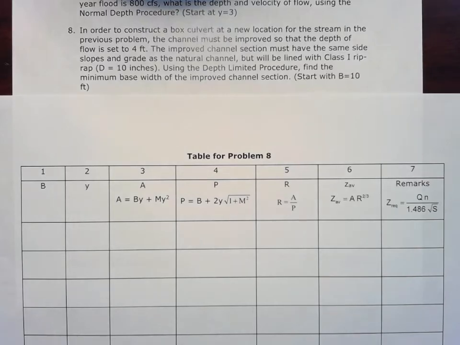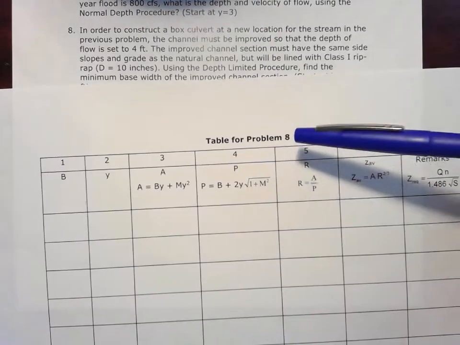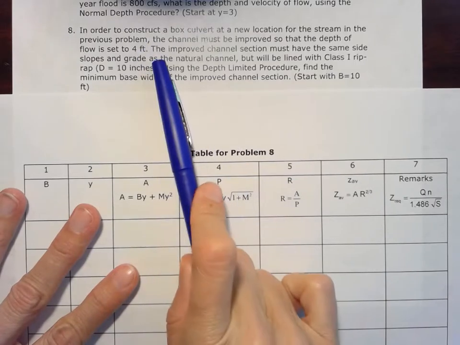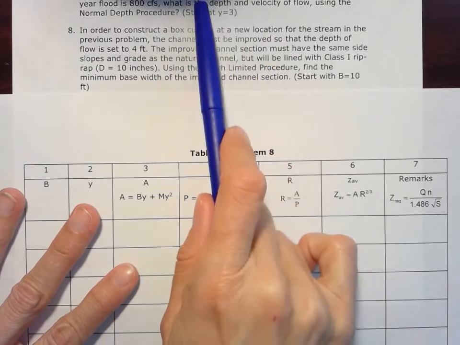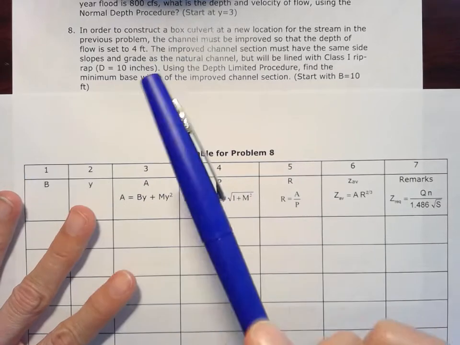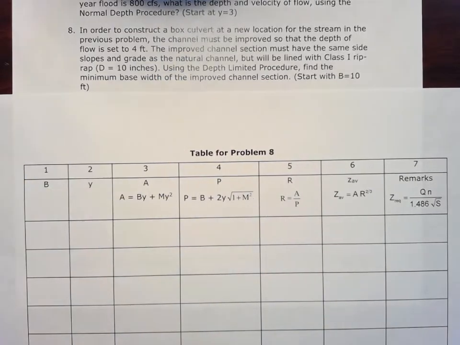All right, FEP Hydraulics Homework Problem 8 from Chapter 4. This time we've got a box culvert that we want to install at a new location, and we have the stream information from the problem that came before. And we're going to improve the channel so that we have a depth set to 4 feet. So now we're going to have a set depth, but we're going to have to figure out what the width